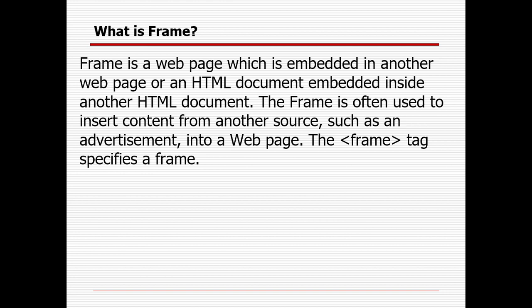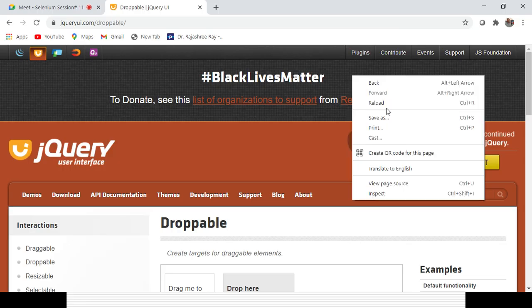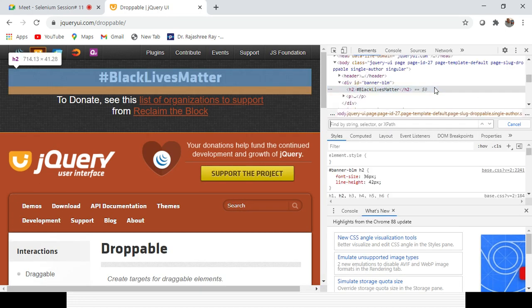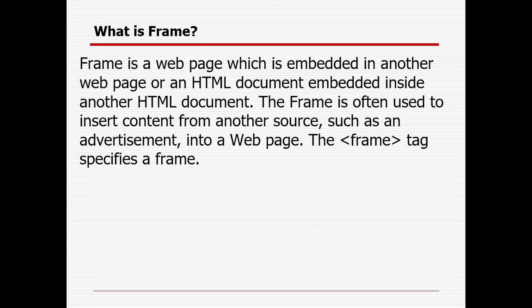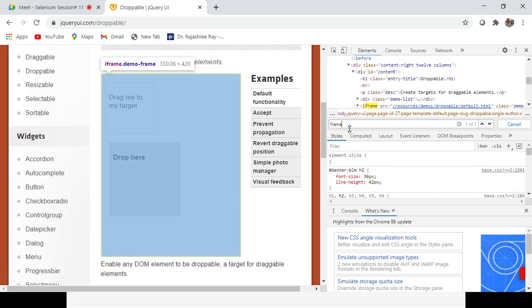So how will you identify whether any frame is available or not? Go to inspect element or press the F12 button on your keyboard. Then press Ctrl F and use the word frame. You can see the tag name is starting with iframe, so that means some frame is available.